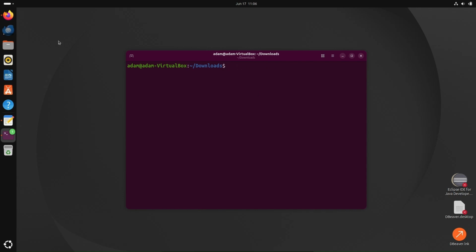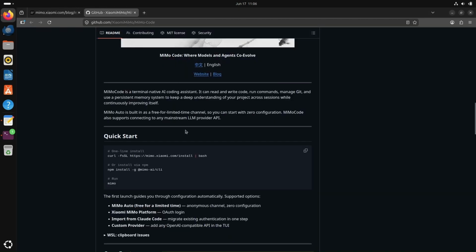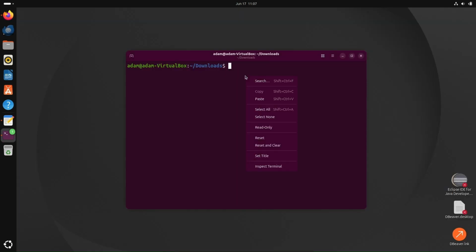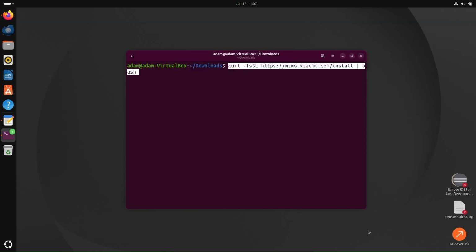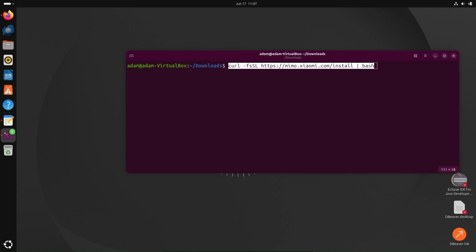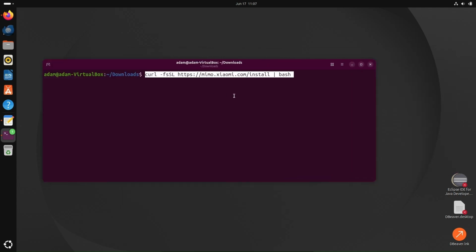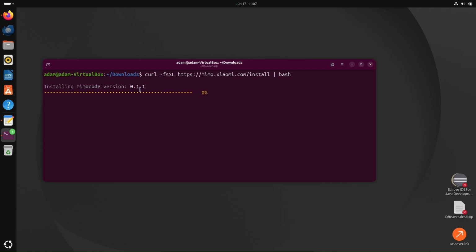One second. Let's go to the site. This is copying manually. So let's copy it and paste it there. So this command is there. Press enter. So currently, this is the site, and with this you can see it installing Mimo Code, the version